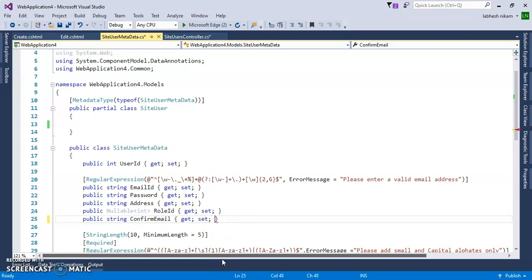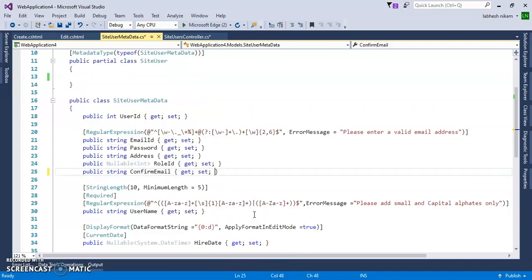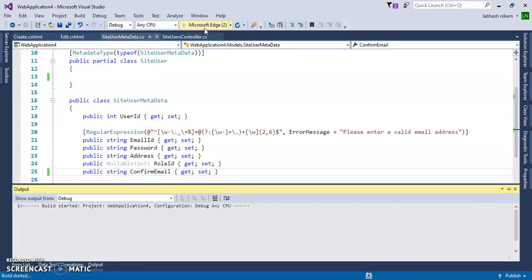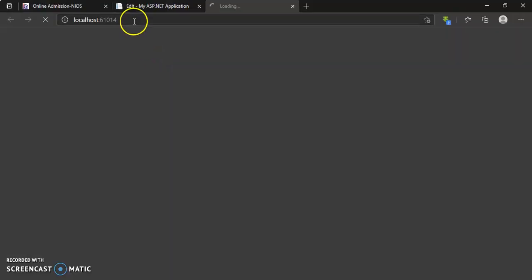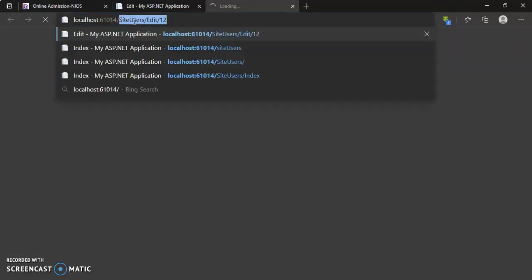At compile time it doesn't display the error, but when I run the program it will give us an error at runtime. Let's check it. Run the program and call site user.